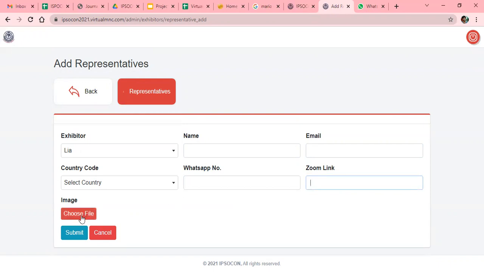If they have an image, they can upload their image also. Here you can create 10 representative IDs, and with the same email ID you put in here, you have to log in to interact with the delegates.